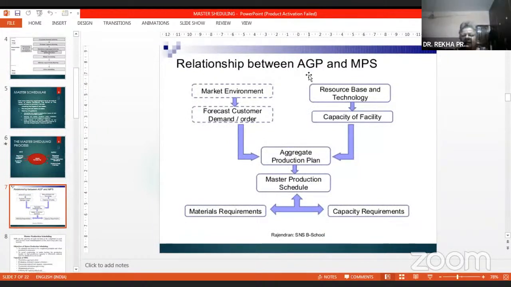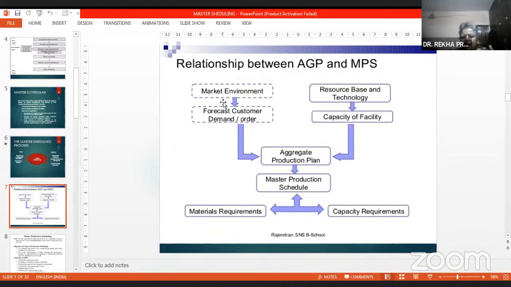So aggregate planning and master production. So this is the market environment, resource base and technology. Forecast customer demand, order, capacity of facility. This you have to match, the external and the internal. Market, what is the market environment? What is the forecast by the customers, order by the customers?